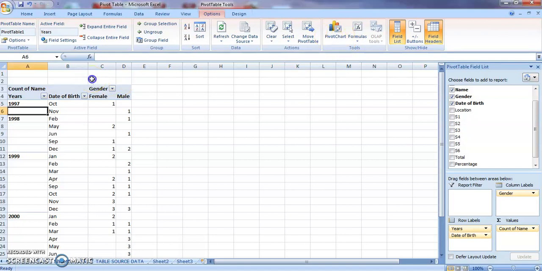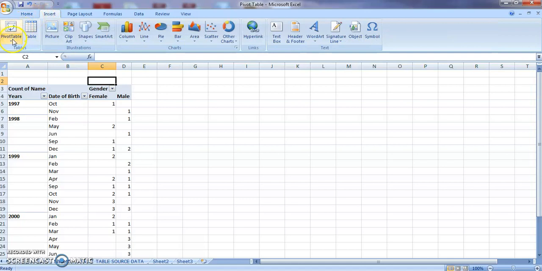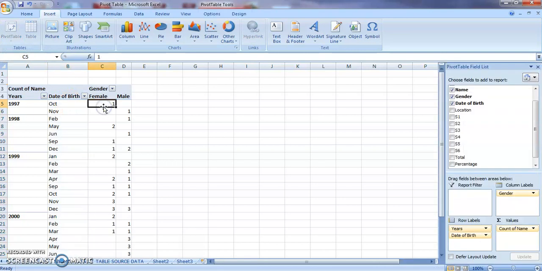Similarly, if you haven't so far constructed a pivot table but you want to generate a pivot chart directly, that can also be done. You have to go to the insert tab. Under that pivot table option, you can find a pivot chart separately. Clicking pivot chart, it will ask you where the source data is. Whatever procedure you adopted to construct a pivot table, the same procedure you have to adopt for constructing a pivot chart. So these are the two different ways through which you can construct a pivot chart.